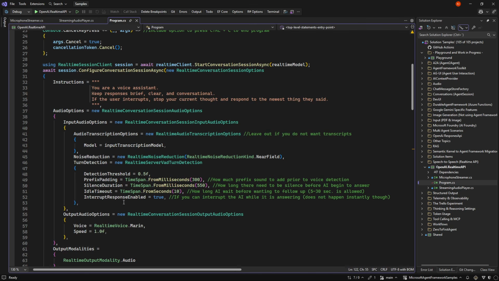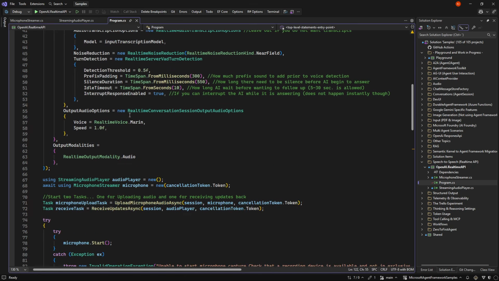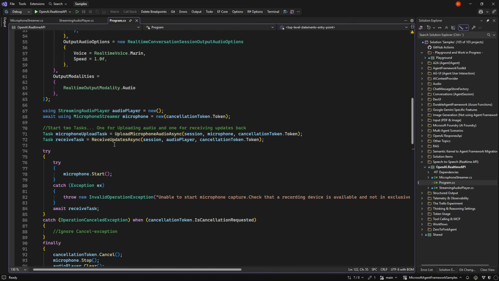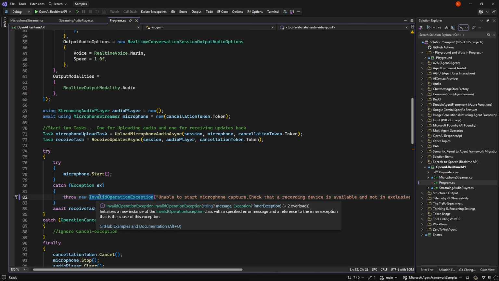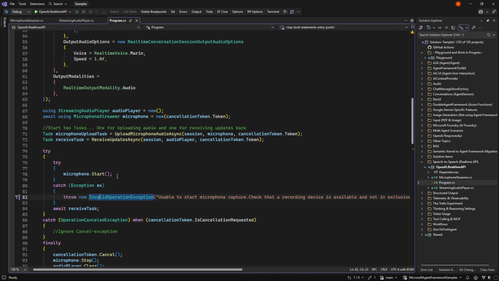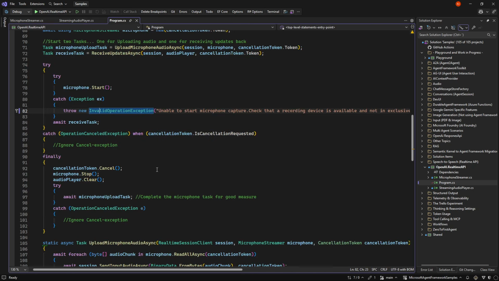There's a bunch of settings, and this can do much more than what we are covering in this video. But beyond that, it's fairly simple to understand once you go through it line by line. This is a bit funky, of course, that we are not really making normal code with async await, but it makes sense when we are just having an open microphone waiting for data. So I think that's everything.